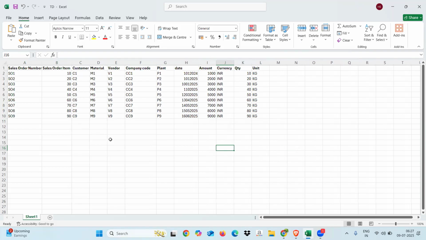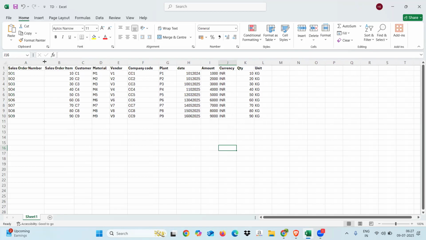So I'm maintaining some transactional data in the Excel sheet. Like this, the customer is expecting transactional data, so we have to design it in BW4HANA. How will we do it? Okay. Till now,